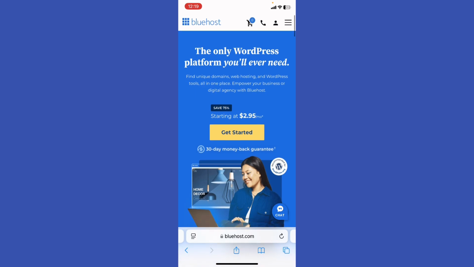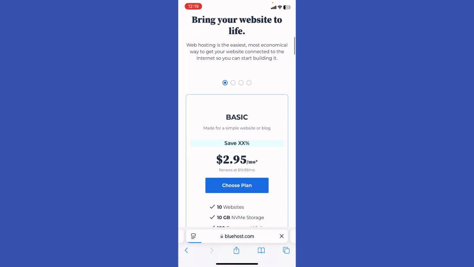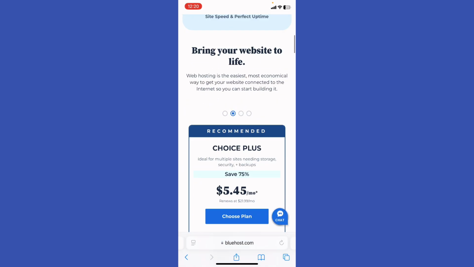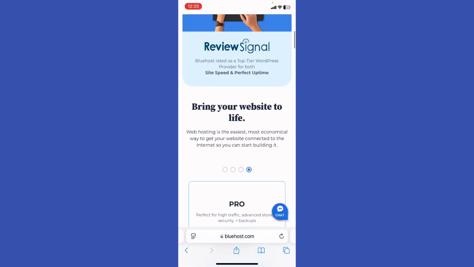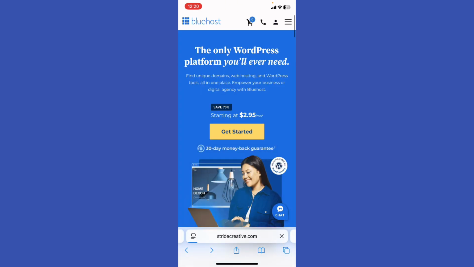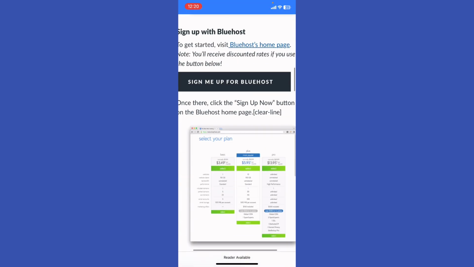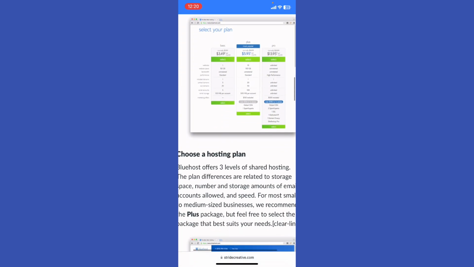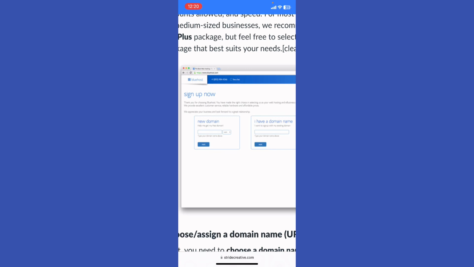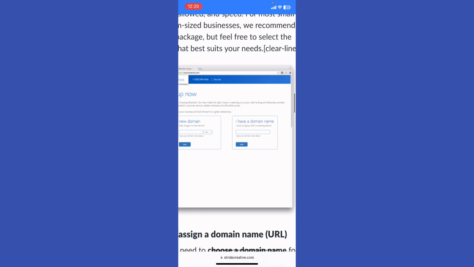All right, once you go ahead and get started right here, you're gonna select your plan, whether it was basic, choice plus, online store, or pro. Okay, and basically what you're gonna do next, you're gonna register a domain, which is our next step after you select the plan. And basically you're gonna select whether you want to add a new domain or you have